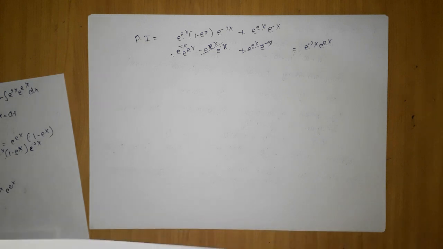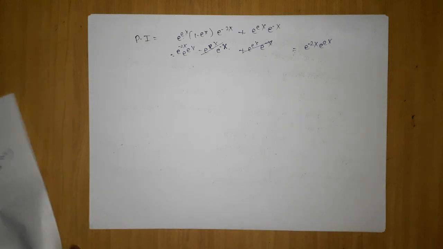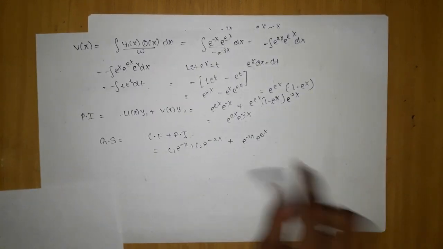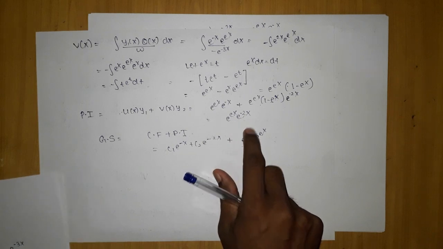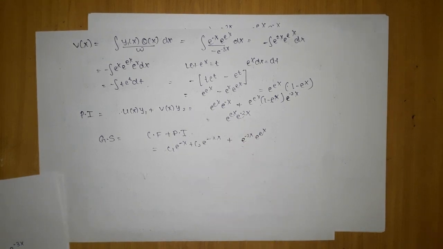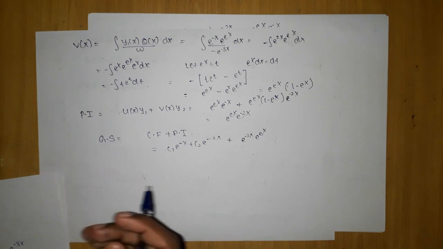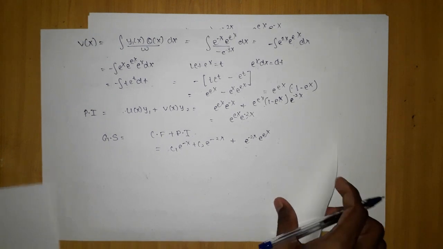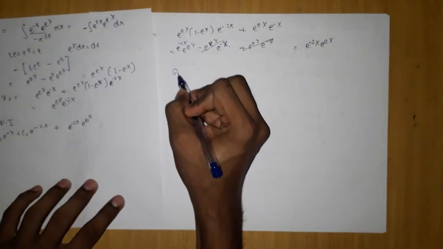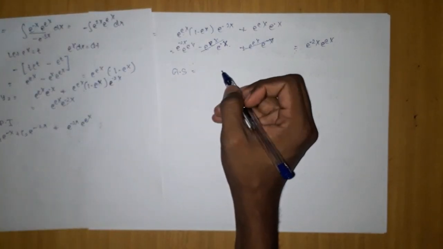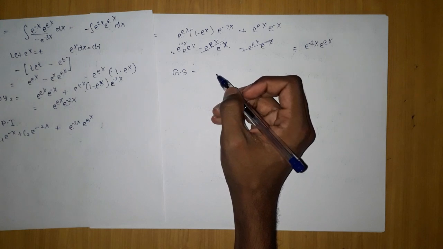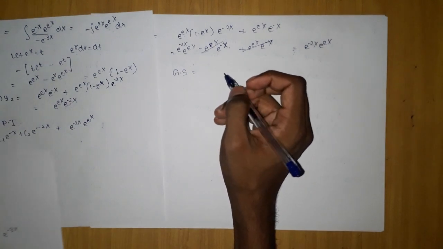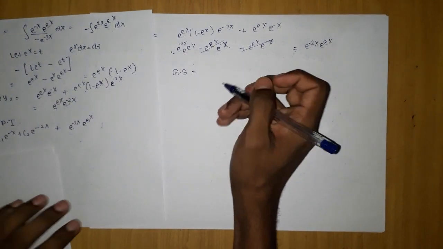So the particular integral, if you observe from the previous one, e to the power x into e to the power minus 2x is coming out, which is exactly the same only. So we are getting the same thing. So what we are going to do, we are going to solve this. If we write the general solution, it will be similar only, just the complementary function will be c1 and c2, which is allowed, because anyone can take y1 and y2 as per their choice.